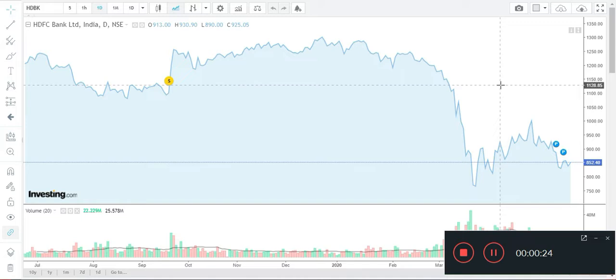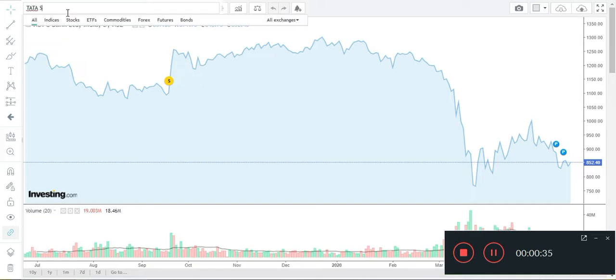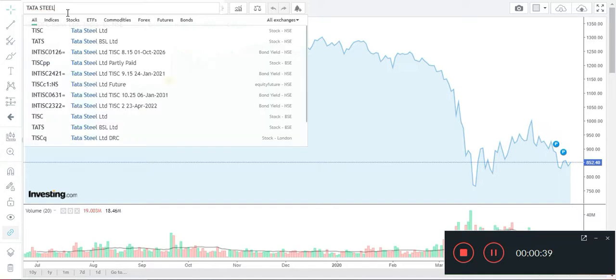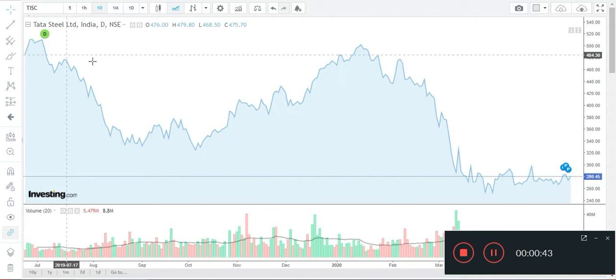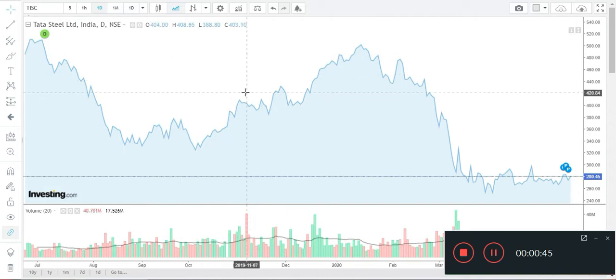So this is the chart for HDFC Bank that I opened from the home page. You can head on to here and type your specific stock that you want to research. I will enter Tata Steel. As you can see, this is the chart of Tata Steel.